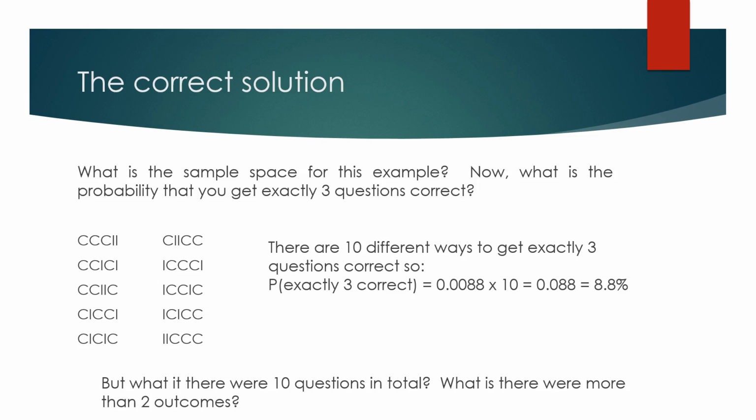But what happens if there's 10 questions? What if there's more than 2 outcomes? How can we keep on doing this if the problem is larger and larger? Actually, in the second part of this unit, when we talk about the binomial distribution, that's going to solve most of our problems all in one shebang. But for now,